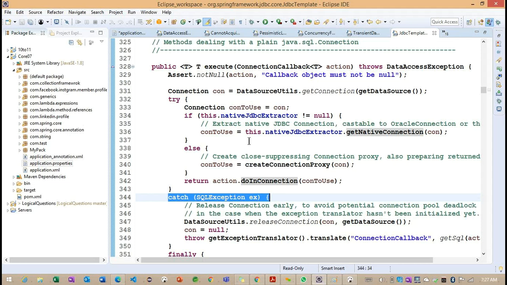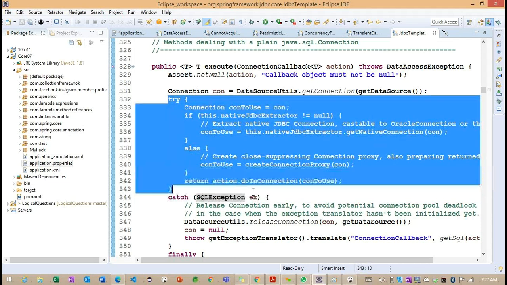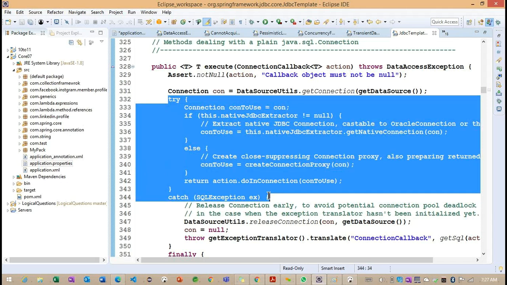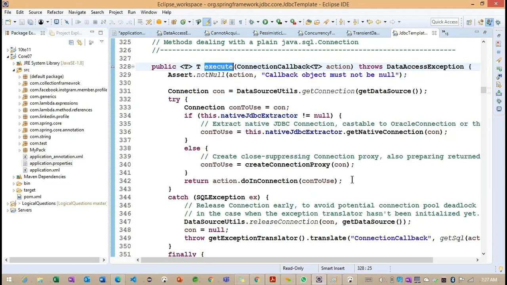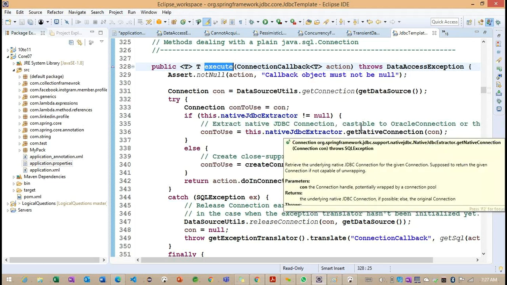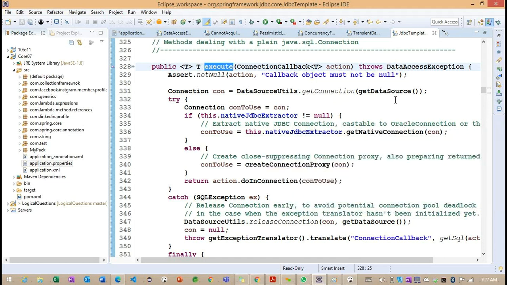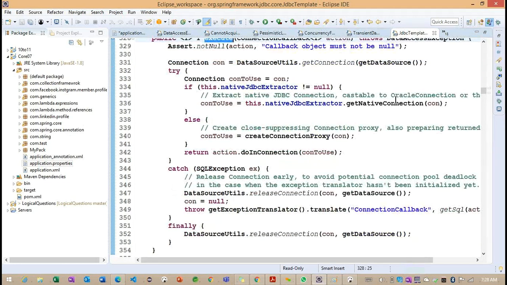So what do you understand here? This common code is handled by the Spring JDBC template. Whenever we call this execute, internally it creates the connections and the common information, and whatever action we are performing is taken care of by Spring JDBC.